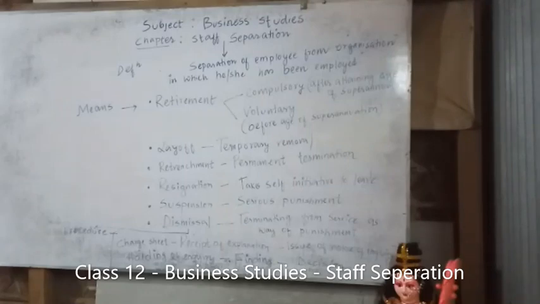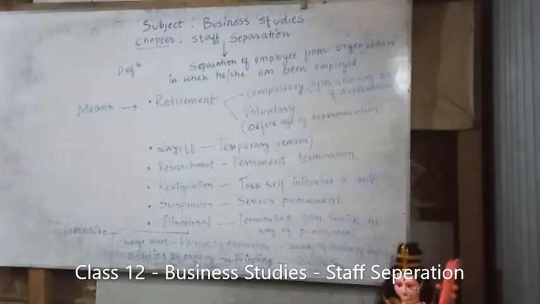It may be due to his own wish, or maybe due to the company's wish, because maybe the company is facing some problem, so the company may ask you to leave before you attain the age of superannuation. So in one word, compulsory retirement means after you attain the age of superannuation, you are being retired, you are taking leave from the organization. And voluntary means before you reach the age of superannuation, you are taking leave. Understood? So go to number 2.